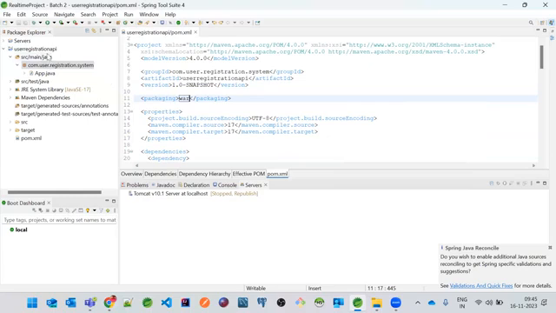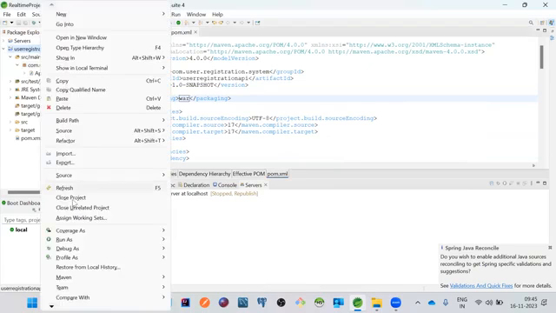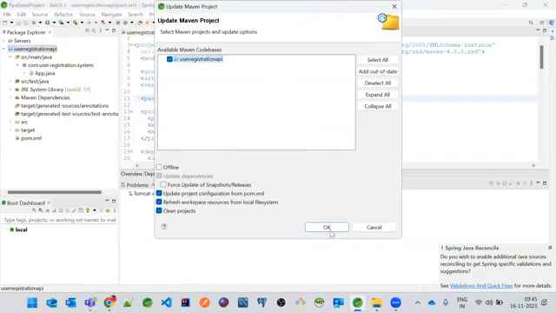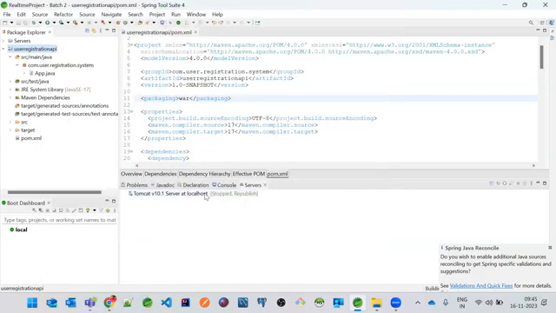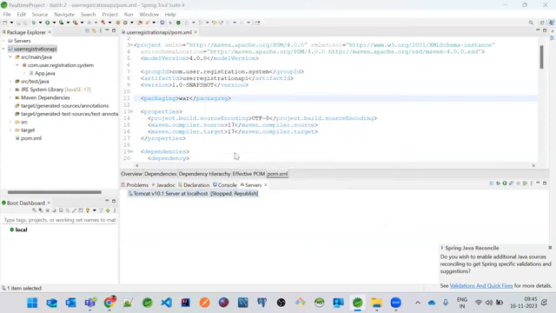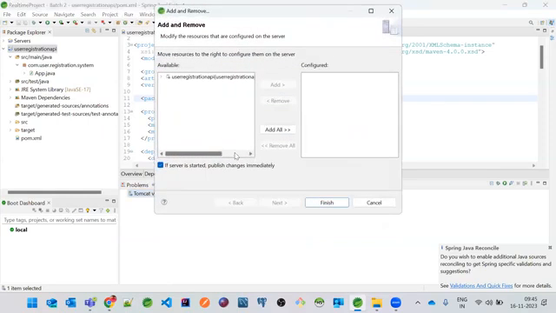Okay. Now, if I just go and click on this Maven and update project, click on this update project whenever you add the packaging as a war. And now if you can just see over here, just go to add and remove. There you go. You got your war over here. Unless you add the packaging as war, this cannot be added to the server. Server accepts only the war. Okay. So here you can just add it to the server.